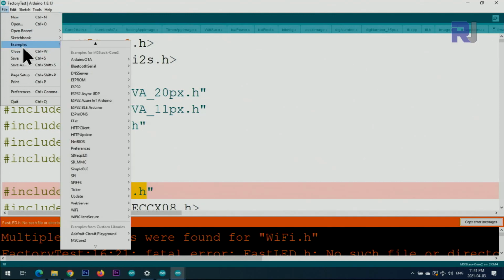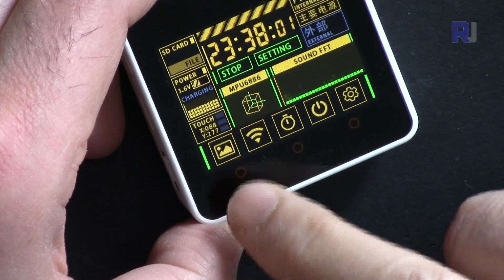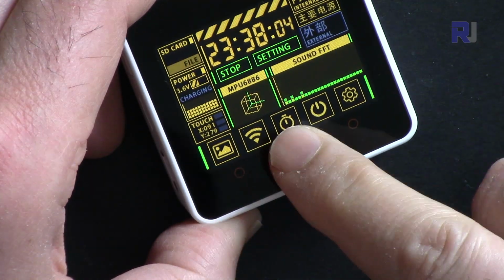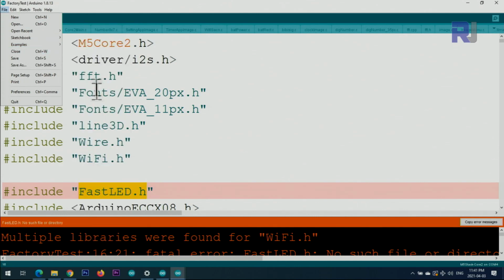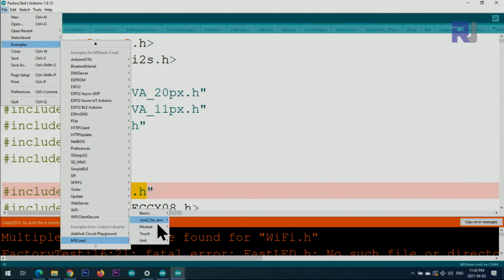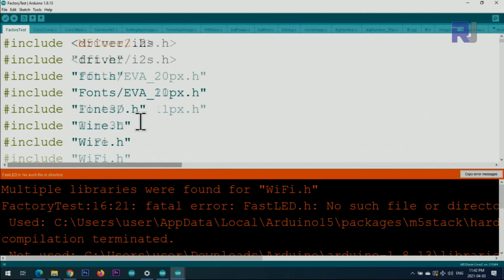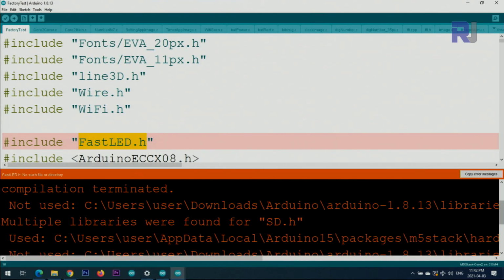When I click on File, Example, M5Core2, and then here Factory Test. This is the original firmware. When I run it, here we get this error which says